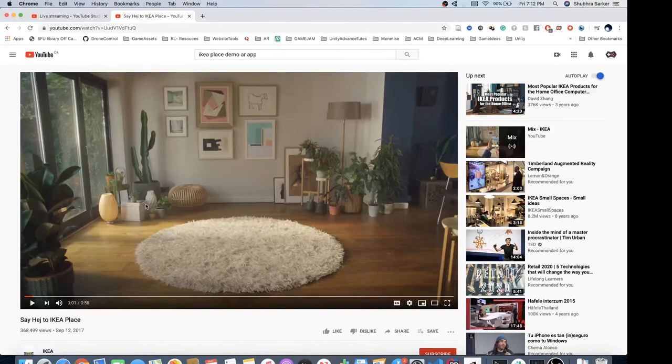So today what we're going to do is create an AR application that is going to be kind of similar to the IKEA Place app, right? So if you haven't seen that app before, I can play this video and we can first of all see the video and see what they are basically doing in the app, and then we're going to go directly to the practical coding session where I am going to show you the step-by-step process to create a similar kind of